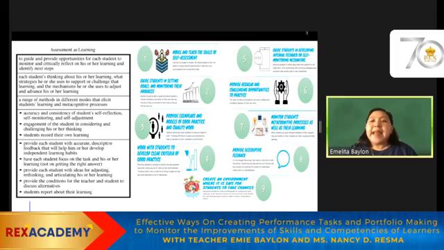Last meeting, we also highlighted nine important roles of the teachers in creating a good assessment as learning. Teachers are supposed to be the model to teach students how to create self-assessment, how to really assess themselves. Teachers also serve as guides for students to develop internal feedback and ways to monitor themselves and track their progress as they go through the teaching learning process. They're also providing different challenges and opportunities along the way.